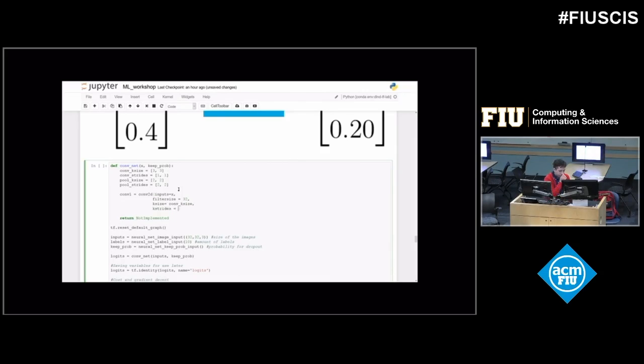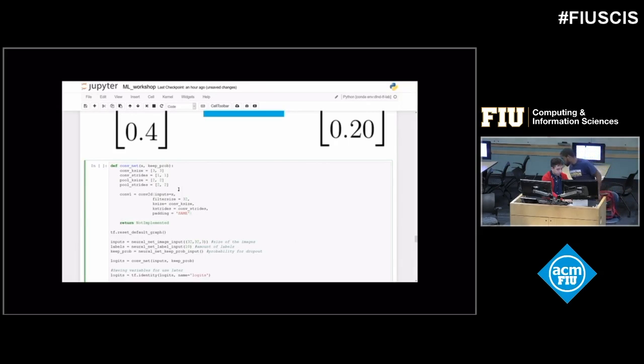The stride is how fast we move across the image, and I'm going to be using the same padding. You can also put valid padding if you wanted to. And like I mentioned before, we're going to be using the rectified linear function as our activation function.